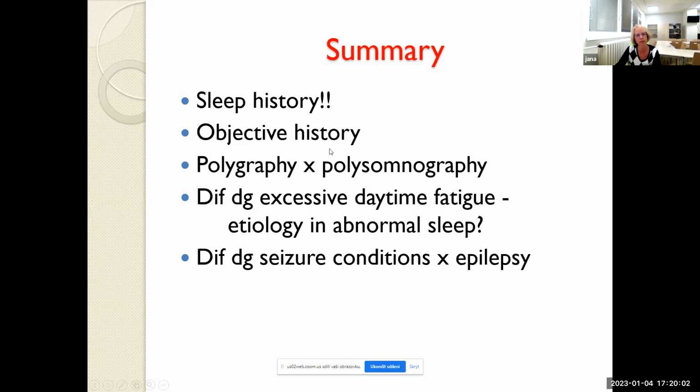We also need the objective history. It means if the patient doesn't know, please ask somebody from the family or from